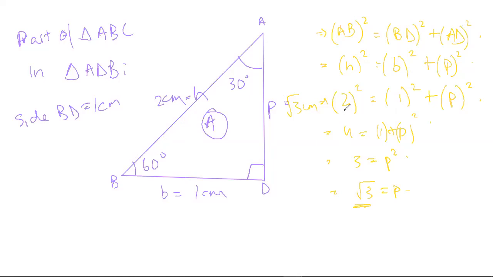So therefore AB whole square is equal to 2 whole square, is equal to BD. What is BD? BD is base, that is 1 centimeter. So therefore BD whole square, base whole square, will be 1 whole square plus P square. P square is AD whole square, and this value is not given to us. That is our main aim, our main purpose, to find the perpendicular. So we'll leave it as it is because it has no value assigned to it. So 2 whole square, we'll further solve this formula.